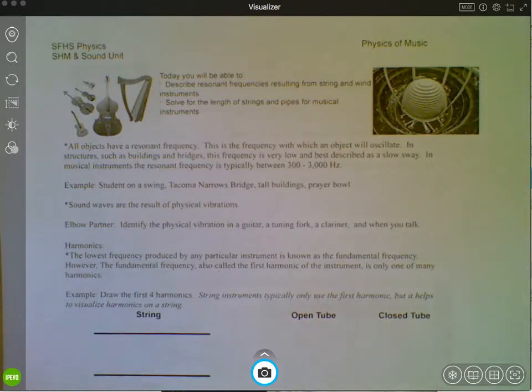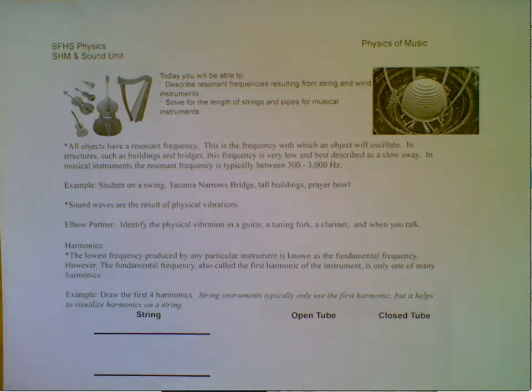Okay, this is Unit 9, Video 3, and this is Physics of Music. We're going to talk about instruments. We're going to talk about resonant frequencies on string and wind instruments. We're going to solve for the length of strings and pipes for musical instruments. Okay, so kind of a cool